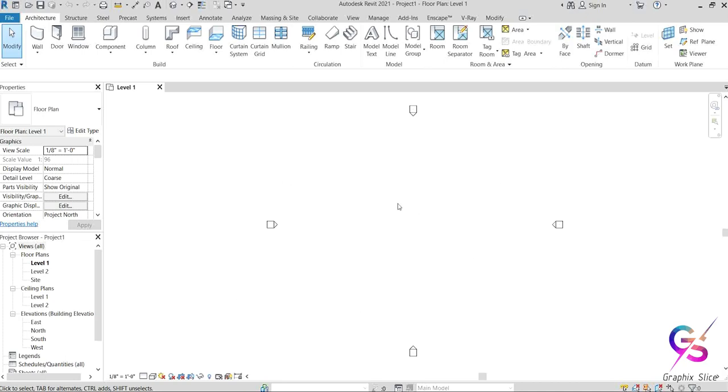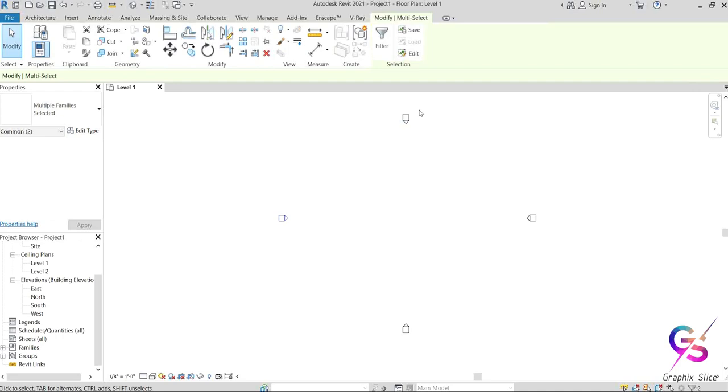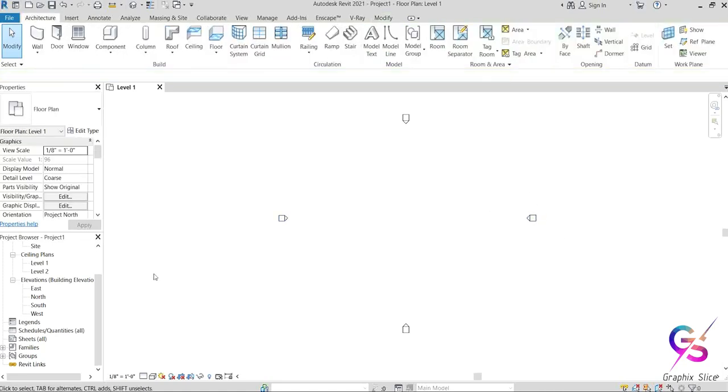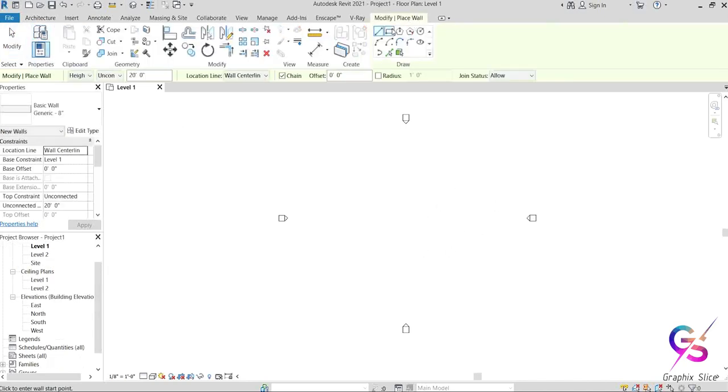This is the working space. By default it's in Floor Plan Level 1. Floor Plan Level 1 is enabled. These are the elevation marks, these tick marks, right? These are the elevation points. This is north, this one is south, this one is east, this one is west. Don't delete these. If you unknowingly delete them, you will erase the elevation views also, depending upon the things. For example, I will show you one.